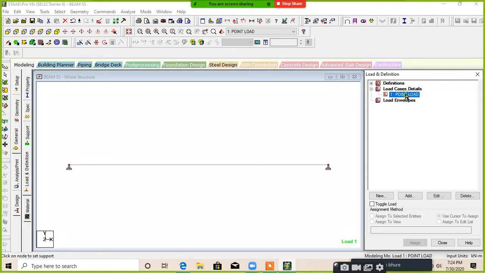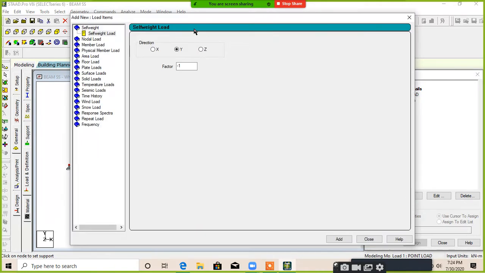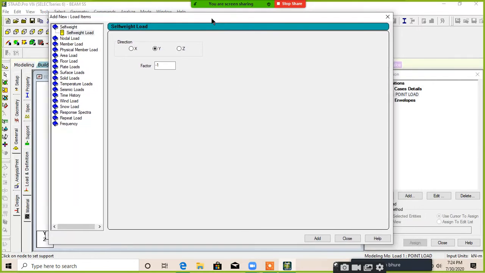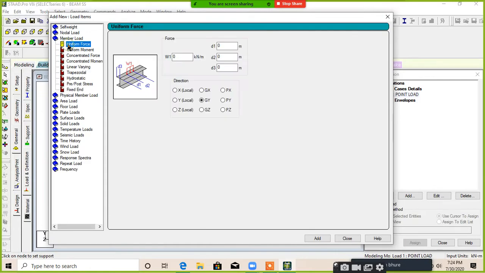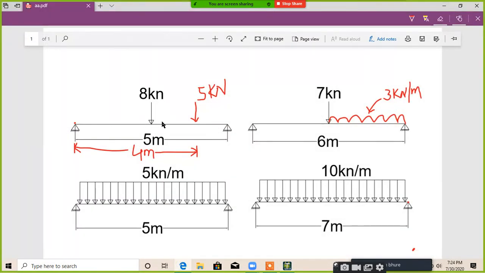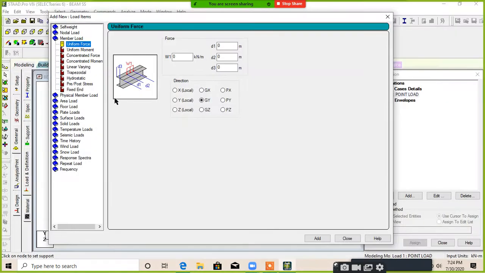Select that point load case and again click on the add button. A new dialog box will open again. In this dialog box, you have to take a member load because the load is applied on a member. Okay. So just take a member load and select a concentrated force.